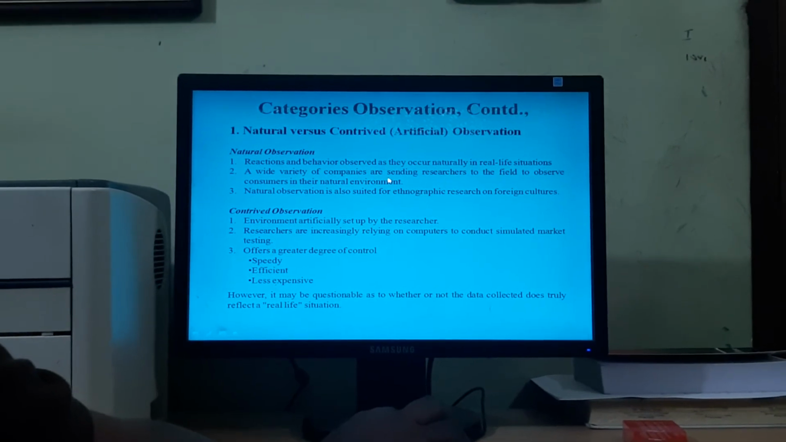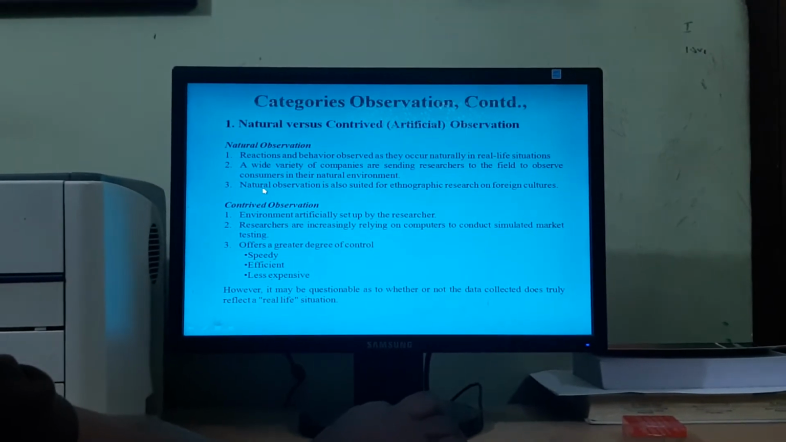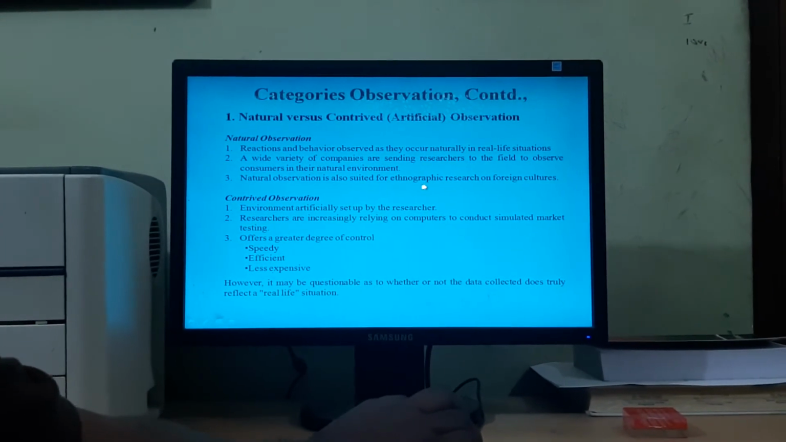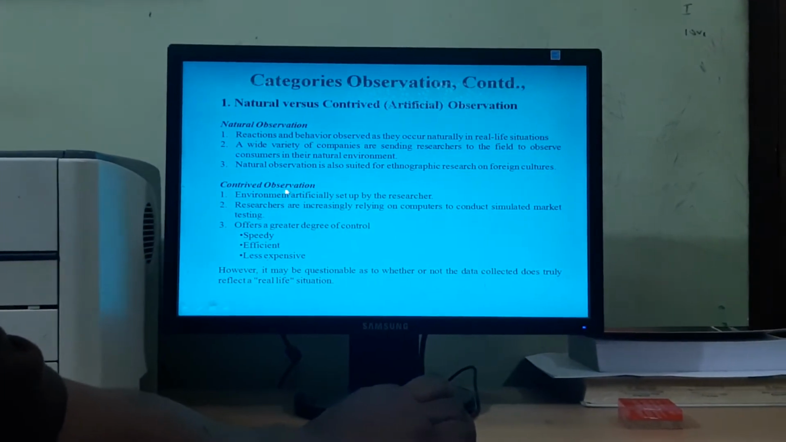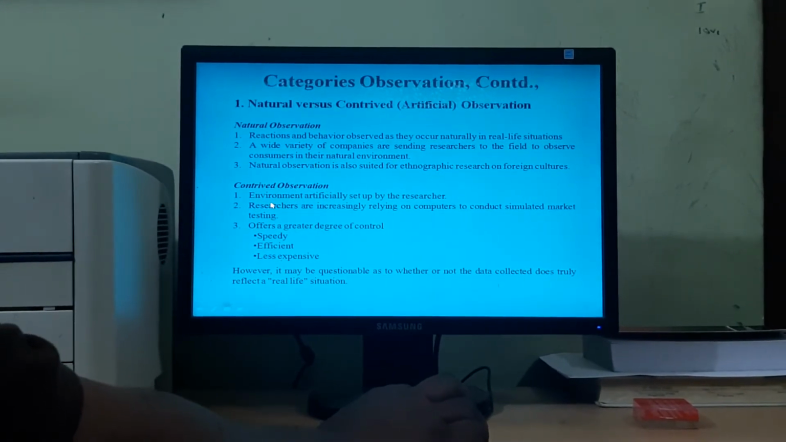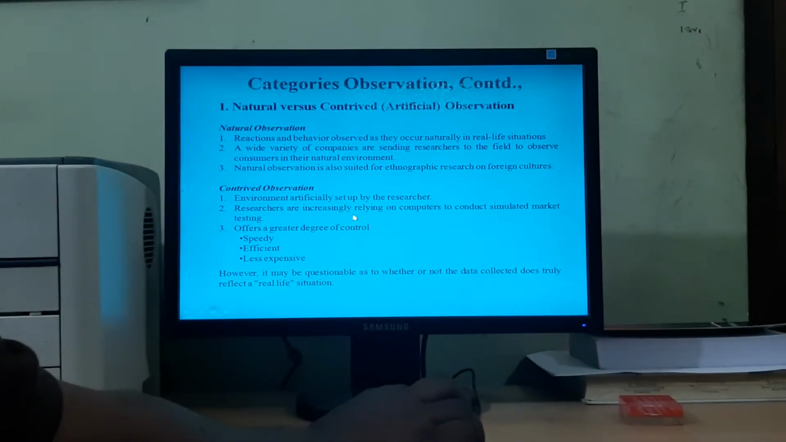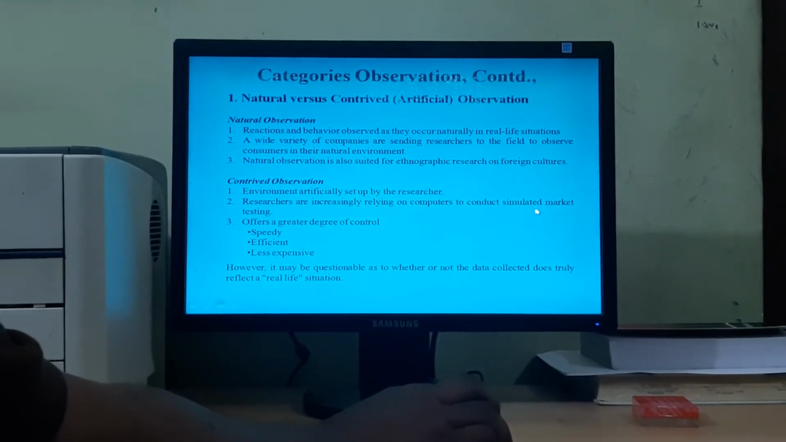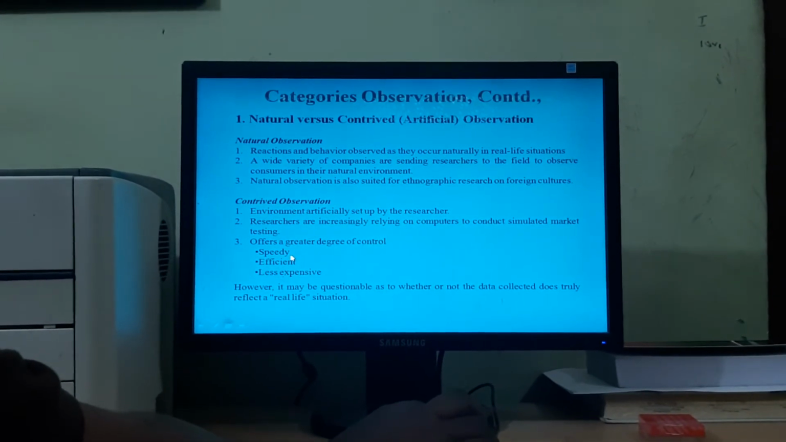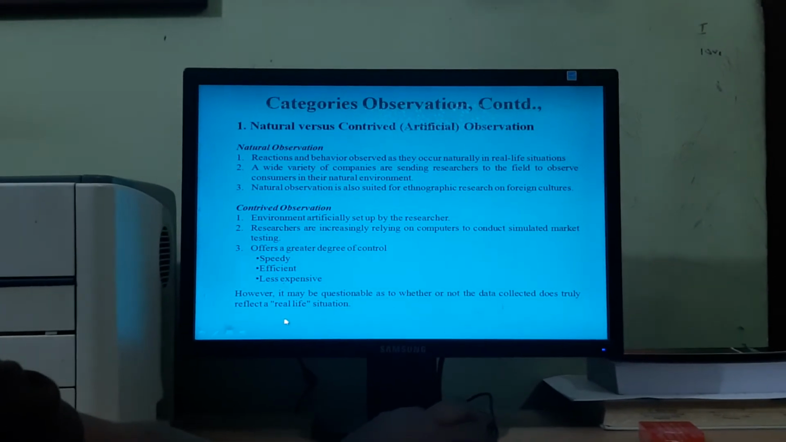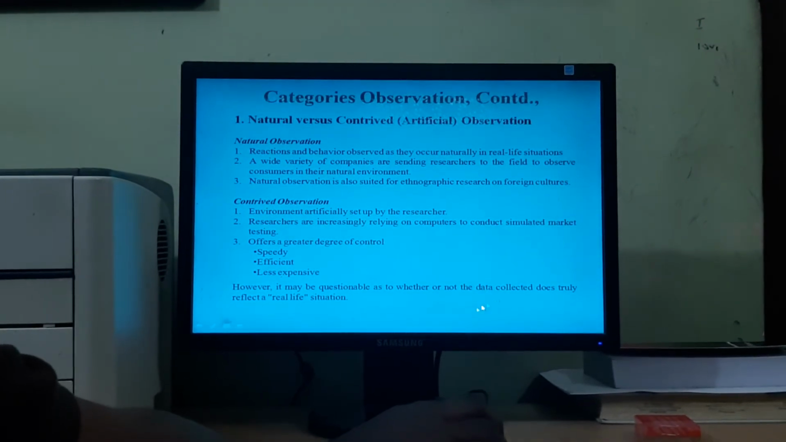A wide variety of companies are sending researchers to the field to observe consumers in their natural environment, and natural observation is also suited for ethnographic research or foreign cultures. In contrived or artificial observation, the environment is artificially set up by the researcher. Researchers are increasingly relying on computers to conduct simulated market testing, which offers a greater degree of control, for example, speedy, efficient, less expensive. However, it may be questionable whether or not the data collected truly reflects a